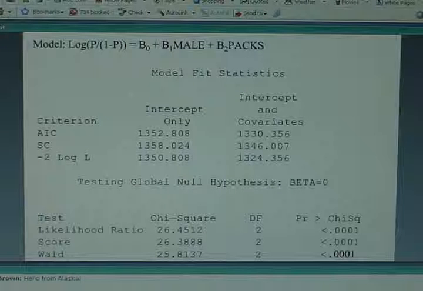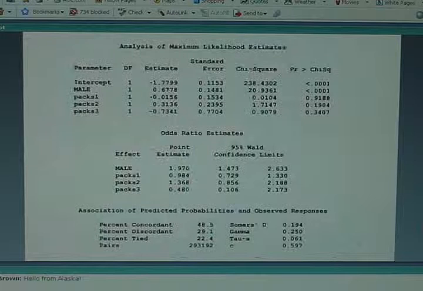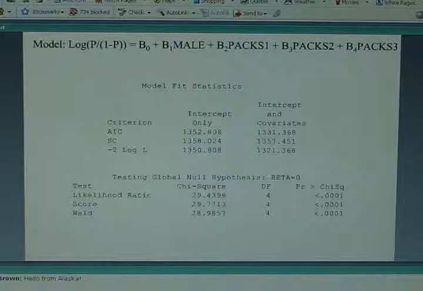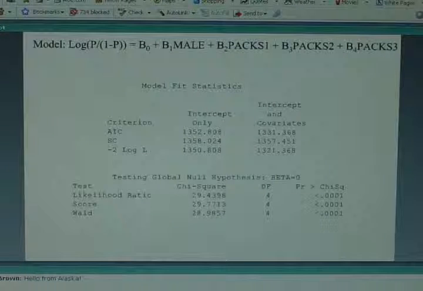Notice that's different. I go back 2 slides. What I had before, it dropped down to 1321 when I added male, PAX1, PAX2, and PAX3. Now when I add male and the continuous variable,